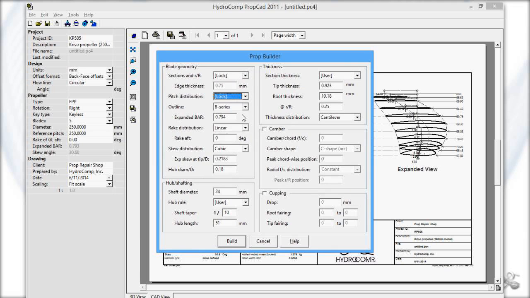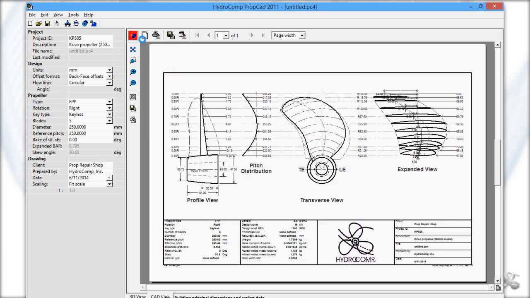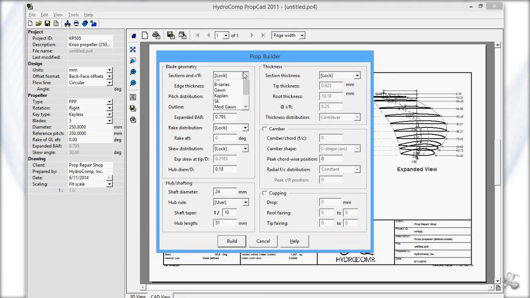Now that we have everything entered the way we want, so that nothing has changed or rescaled when we use the builder again, we're going to set these all to locked. And I'll hit OK to build the propeller. Again, none of our data should change. The chord zeroed out. That's OK. We'll hit OK. Nothing's changed here. And now we can go in and actually do an import here in order to